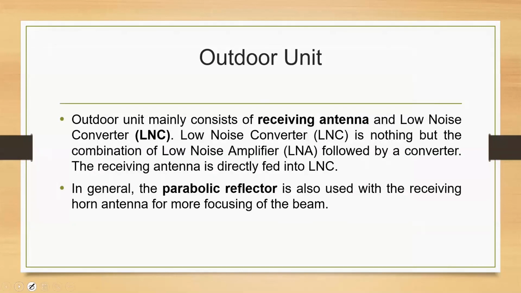The outdoor unit will have a low noise converter, and it is nothing but a combination of a parabolic reflector and a horn antenna. Have you seen this horn antenna or a feed? Always you will see that there is a parabolic reflector and a feed at this point through a mechanical support. There is a feed which is there to illuminate your reflector. In case you have not seen it, today you should go and see your dish TV antennas, which has a feed antenna, horn antenna, as well as the parabolic.